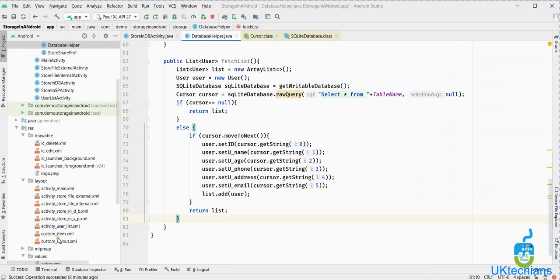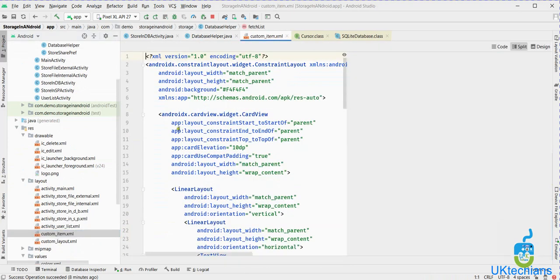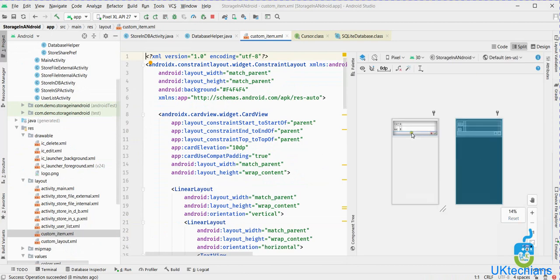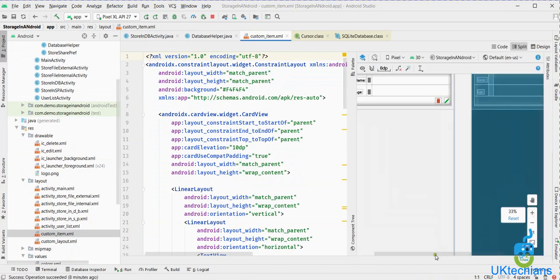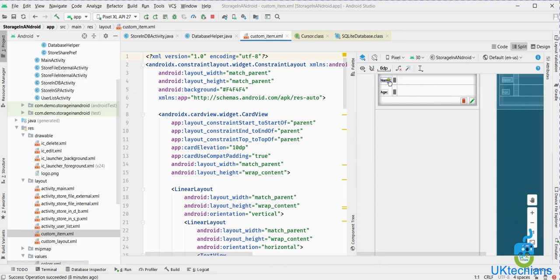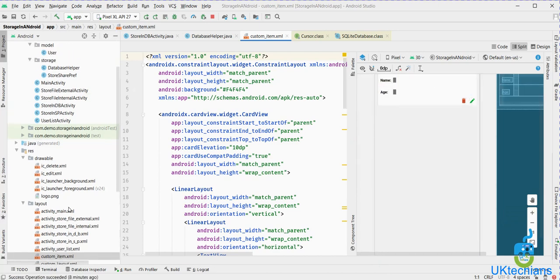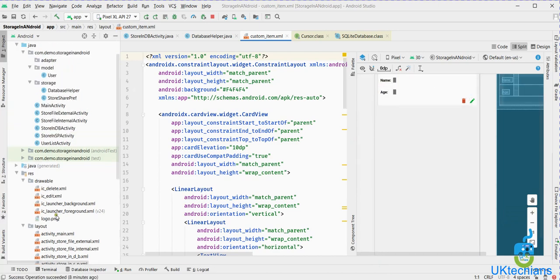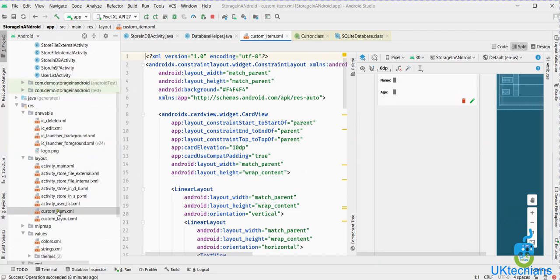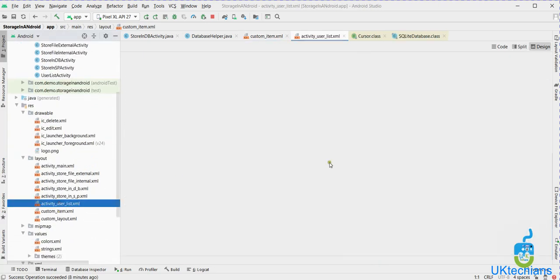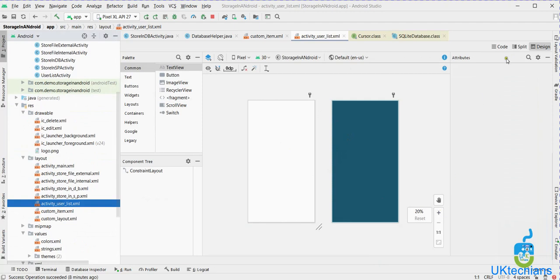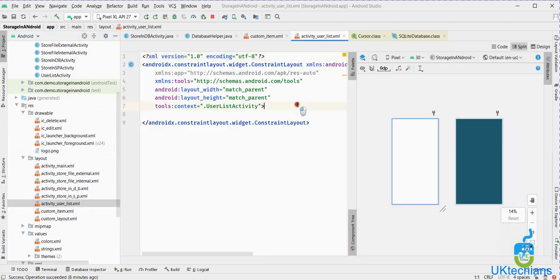I created here a custom item. Let me show you the item view. This is the item. We will just get the name and the age, and we can add or delete a particular field, right? And then what we have done here, we just created the user list activity. So let's create here a list.